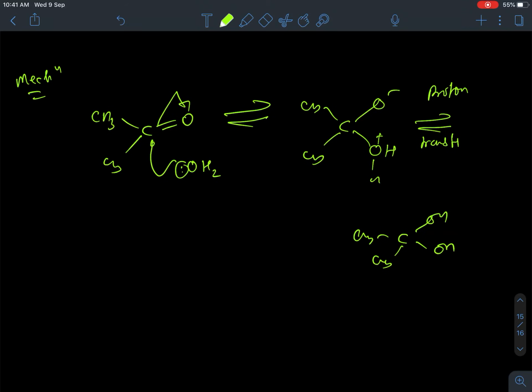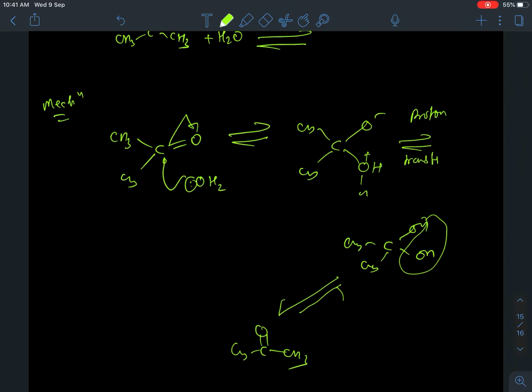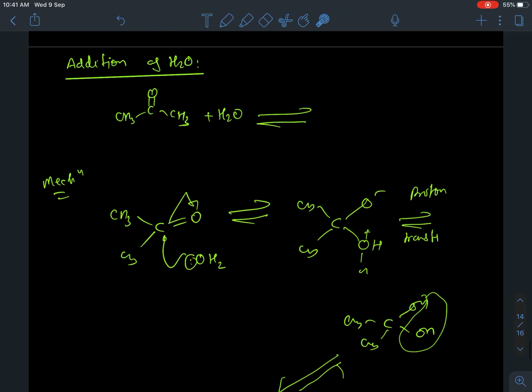Now just look at this. How many OH groups on one carbon do we have? It's 2 OH groups, which is not usually very stable. So water used to be removed from here. Then we are going to get once again this. Now, is there any productive reaction? The answer is no. It is going to give us back this.